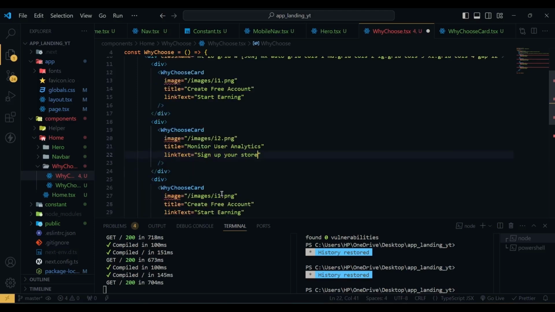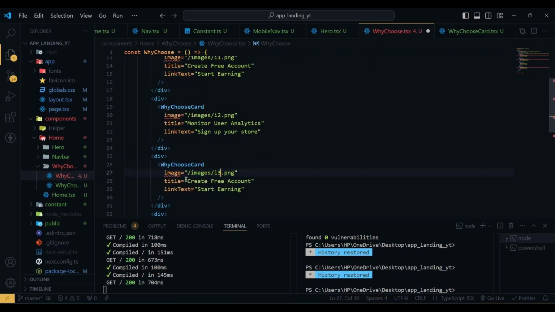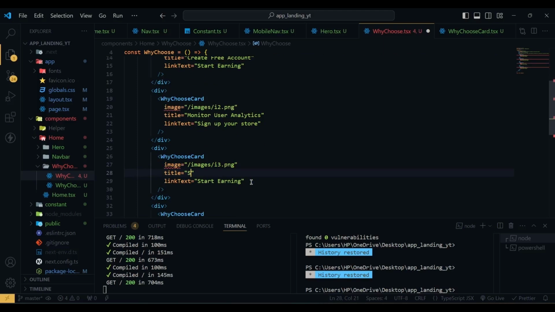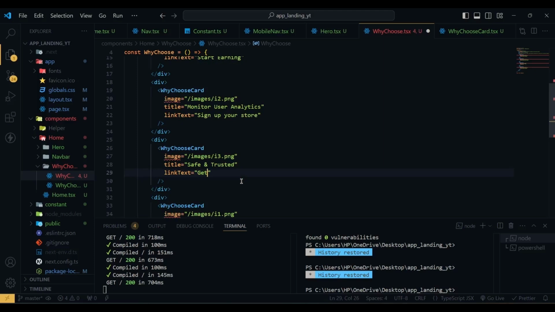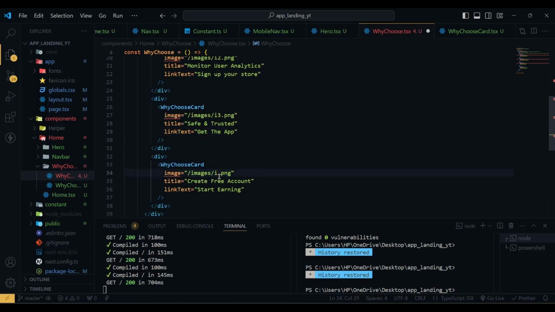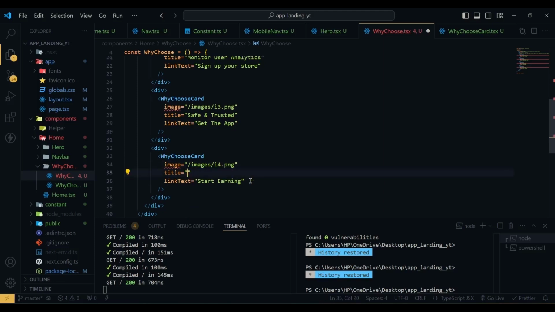The third one, the image will be i3.png, the title will be safe and trusted, and that link text will be get the app. The fourth one will be i4, and the title will be fast customer support, and the link text will be